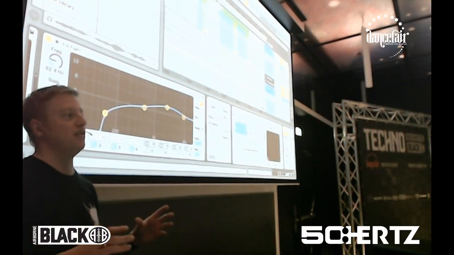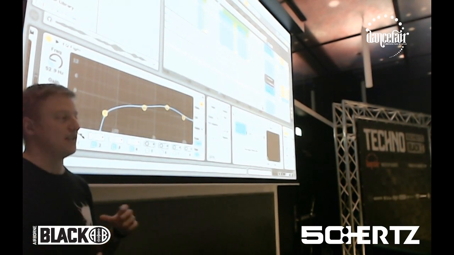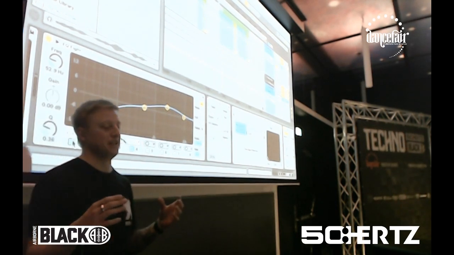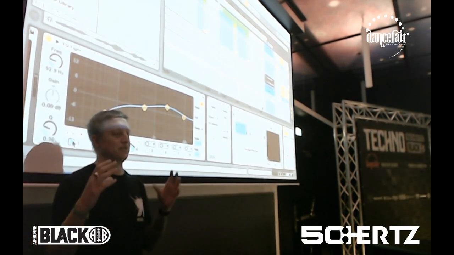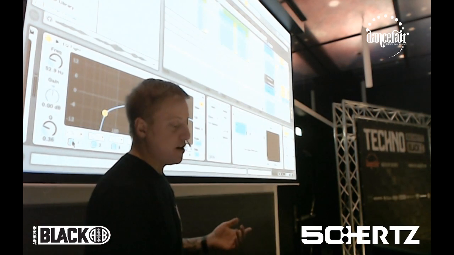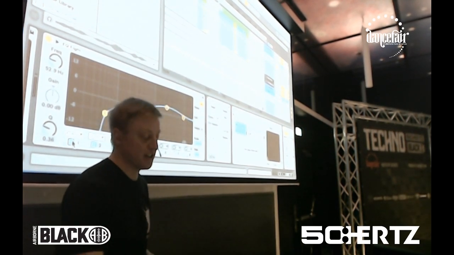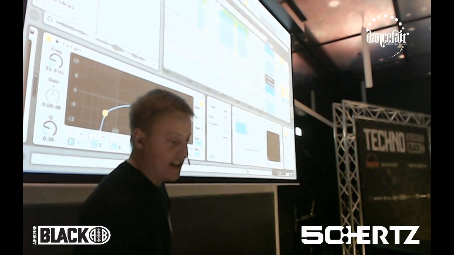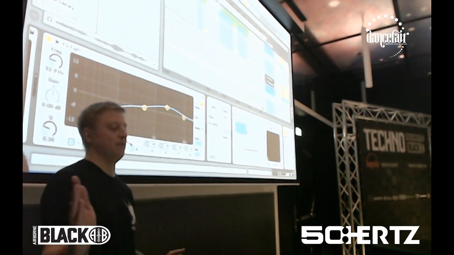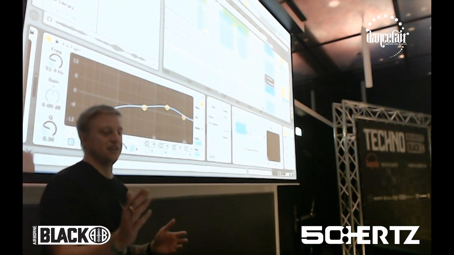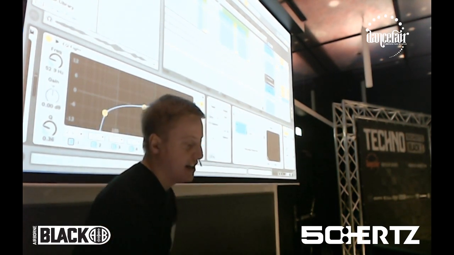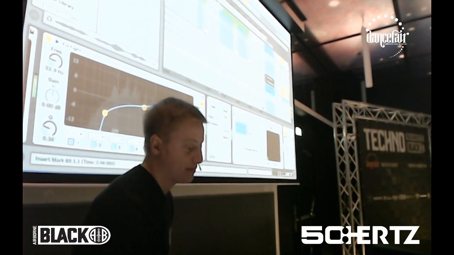So don't solo the sound that you're working on and then play with the EQ to make it sound good on its own, because there's no point. Making it sound good on its own isn't going to help. You need to make it sound good in the context of your track. So with something like this, it's quite a simple example, but if you're trying to find the right point to do that cut, listen to it in the track and then move the cut up and down until it has a negative effect. So if we played the track and then swept that high pass up,